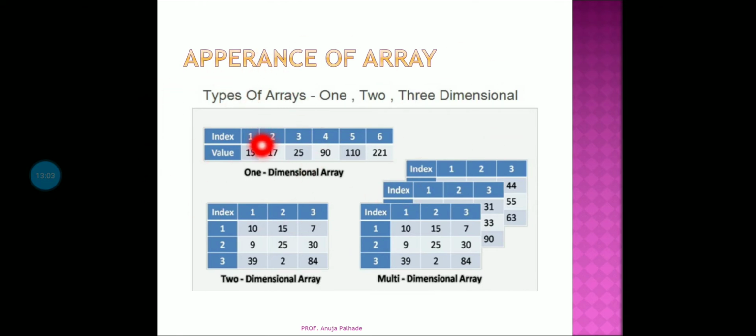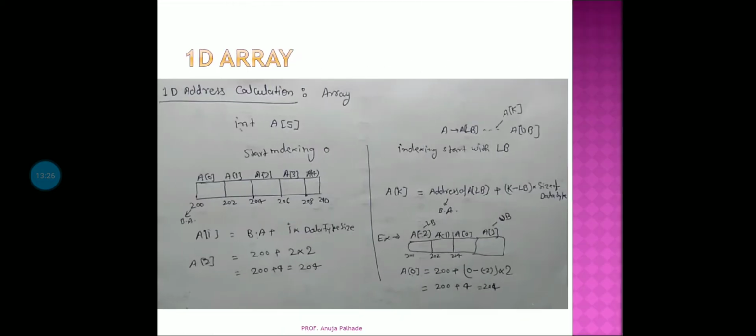Okay, so your lower bound is here 1 and the upper bound is here 6. So the array size is not upper bound plus 1 here, because your base address is starting from 1 itself. Okay, so the size of the array here is 6. Whatever the upper bound is, that is your size of the array. You can check this for every 2-dimensional array also, and in a 3-dimensional array also.